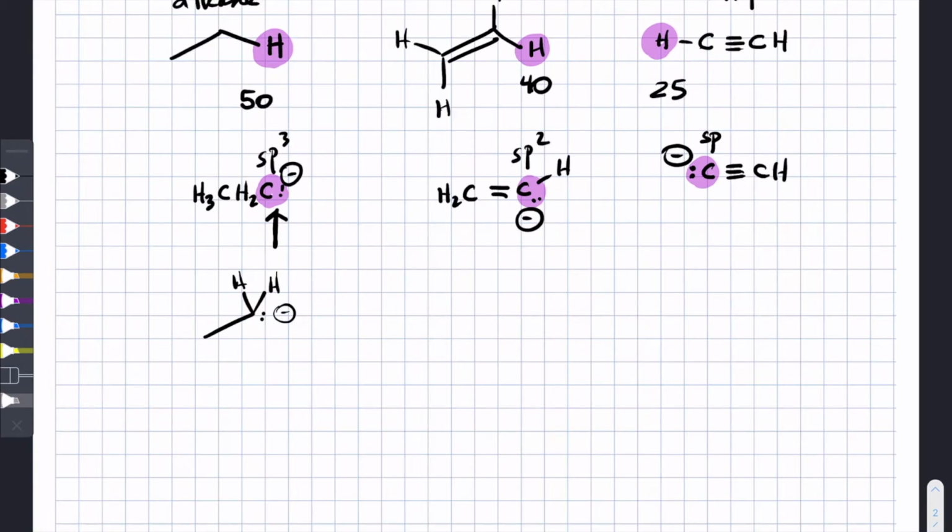So what? What difference should that make? Because the sp has more s character, it's 50%, it'll be more stable because they're all concentrated around the s orbital rather than the p, which is higher energy. Okay, so a lot of good stuff there. 50% s for the sp, whereas sp2 would be like what, 30-ish,